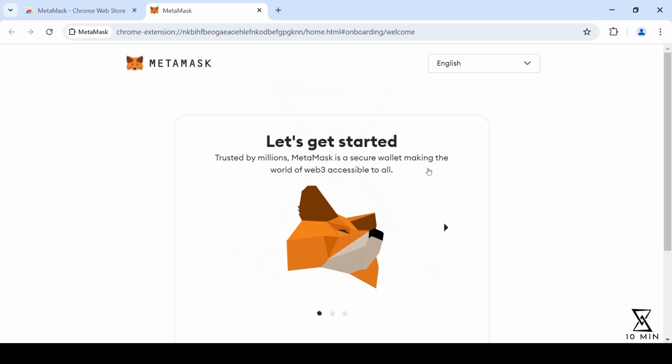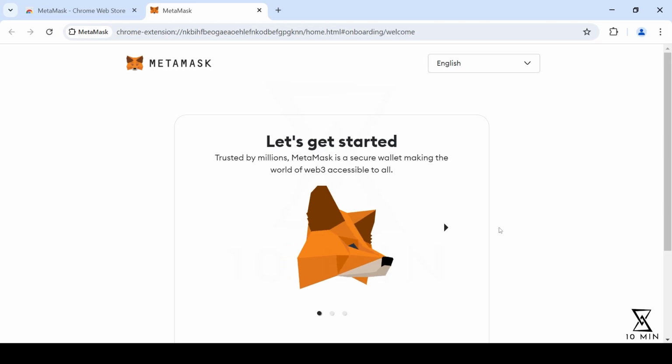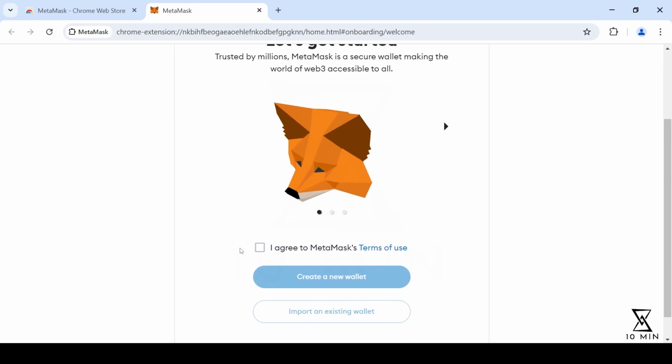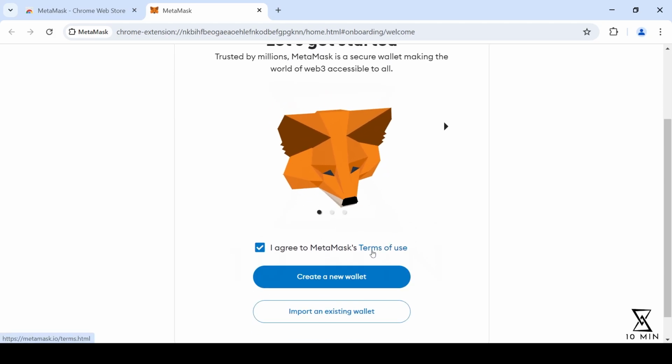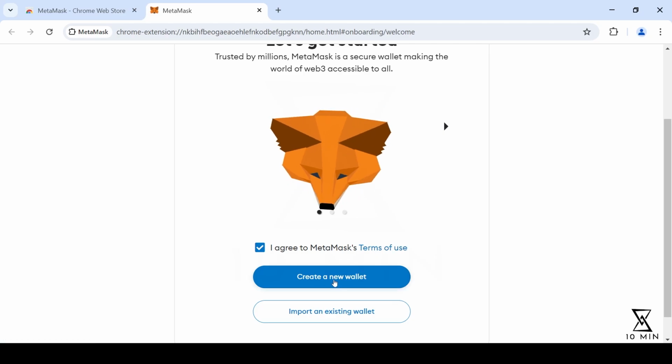Next, we are directly greeted by this procedure that guides us through the installation. If you're installing MetaMask on a phone, you might have to open the app first, but one way or another, you're going to be prompted the following questions. First, you have to agree to the terms of use. For legal reasons, I have to tell you, you should read them, but we know, well, nobody does, right?